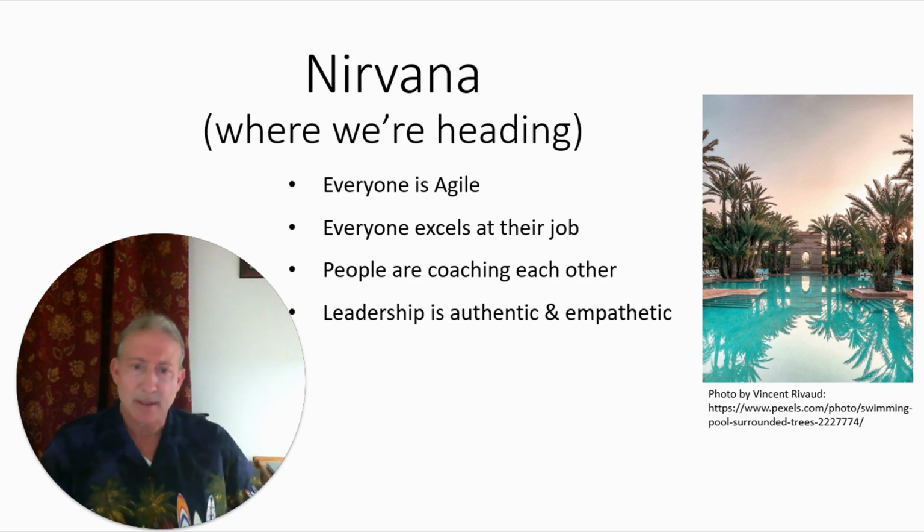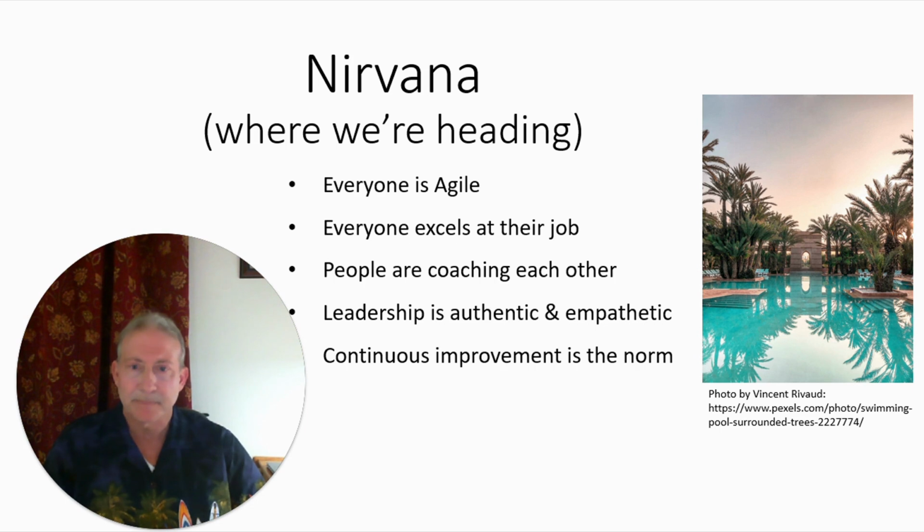Your leadership is authentic. They set the vision. Everyone marches toward the vision. Of course, how they get there, that's delegated. You have self-directed teams. They own their solutions. They deliver. So they're empathetic as well. They understand when teams run into roadblocks that need help. And you have continuous improvement. It's the norm. That's where we're heading. So regardless of the org structure, regardless of your agile teams and the roles and job titles, this is where we're heading.